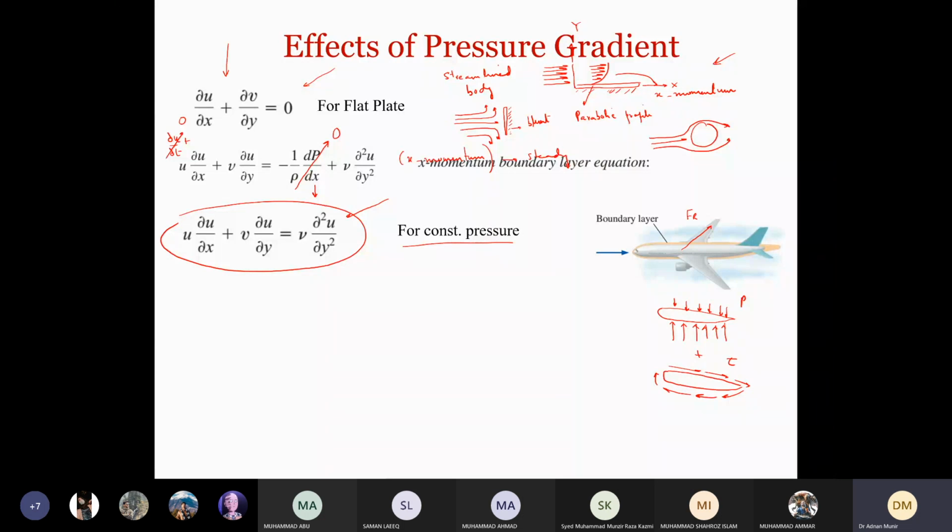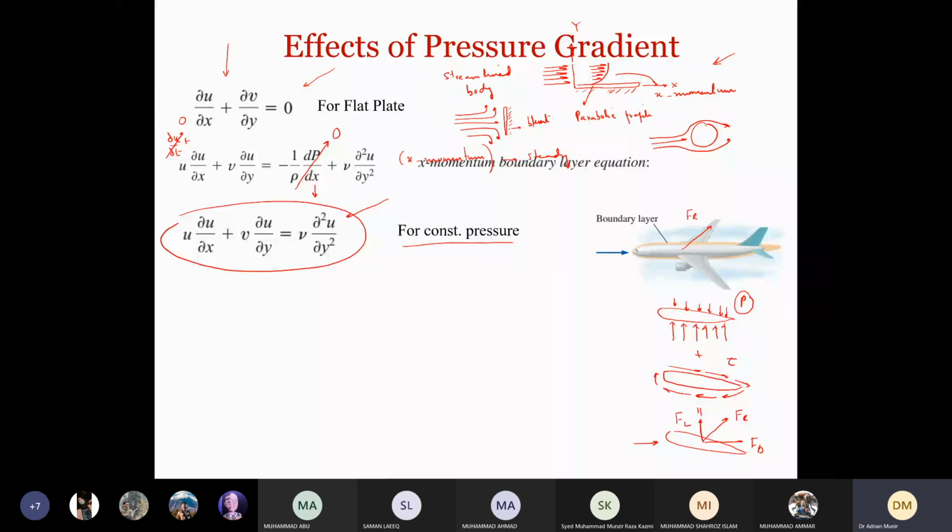Now when we integrate these forces along the entire surface of this aerofoil, we get the resultant force like this, Fr. And then Fr will have two components: Fd in the direction of incoming flow, and Fl in the direction perpendicular to incoming flow. So we discussed this, right? Now if this pressure is not constant, if it has a pressure gradient in x direction, then what happens?